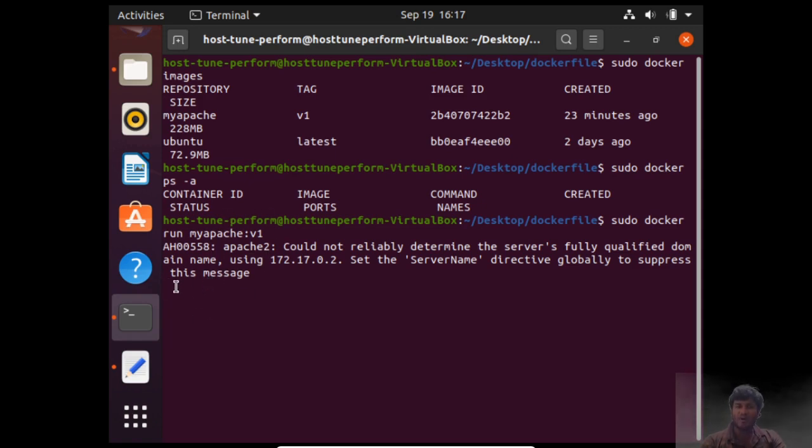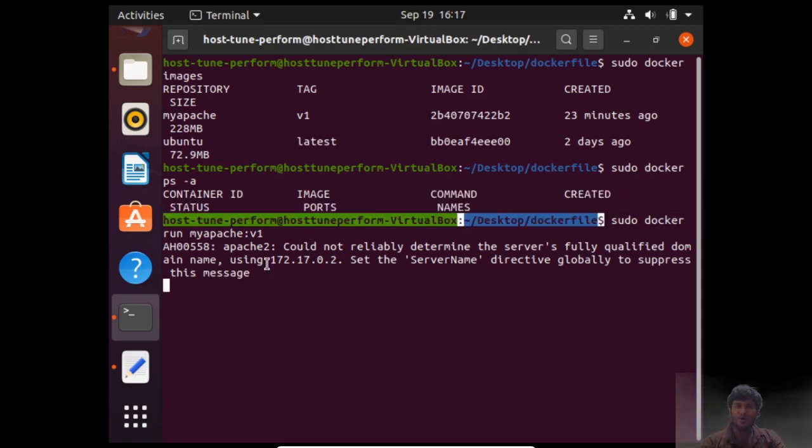But you see that our prompt is hung up over here and we cannot see any statement like this. This is because this is the attached mode. Attached mode means that the container will be bound with the terminal and you cannot do anything on the terminal unless the container is stopped.